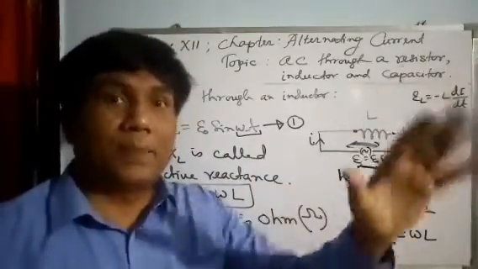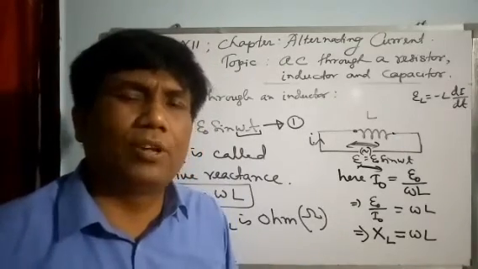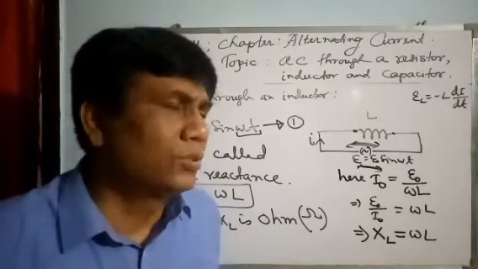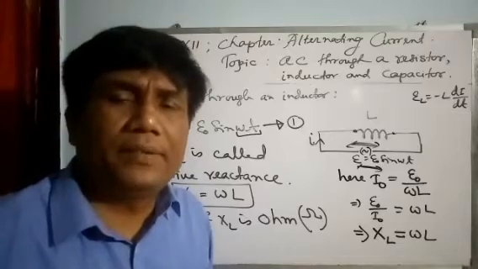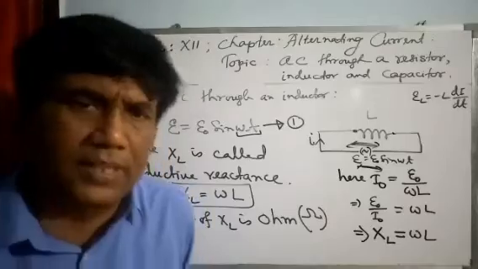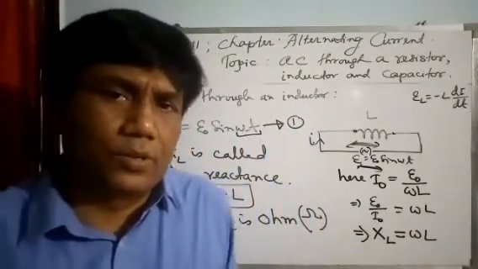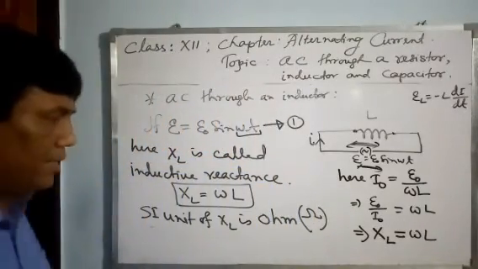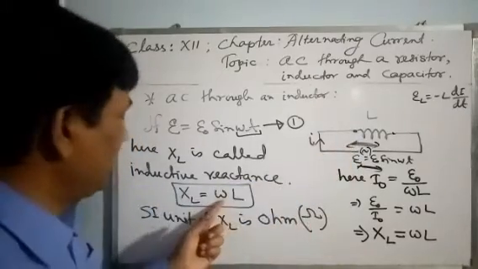Okay, the supply frequency. But in different devices, in fact in your laptop also, we have a lot of components which need varying frequency signals. So we can modify it, no problem. But in India, the general supply frequency is 50 hertz. In different countries, it is different. That is why you can't expect that a machine operated in the USA can be easily operated in India without any modification. In India, it is 50.